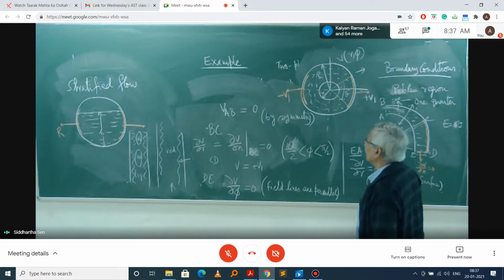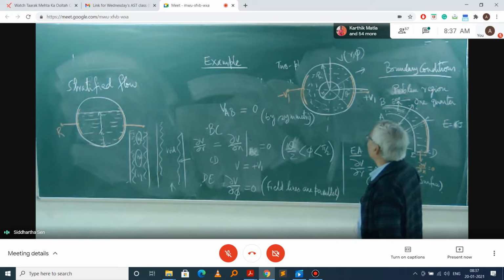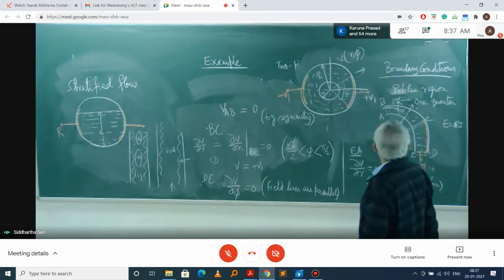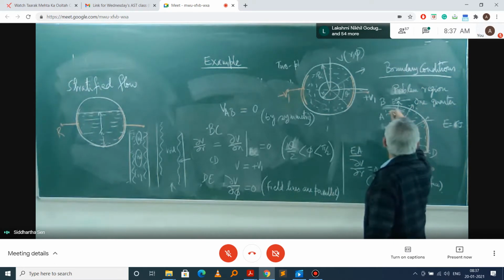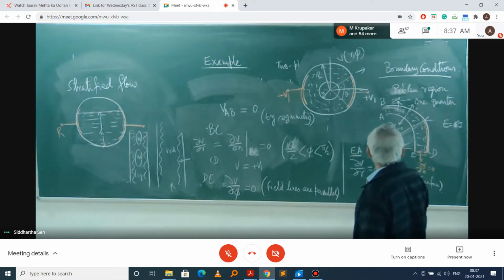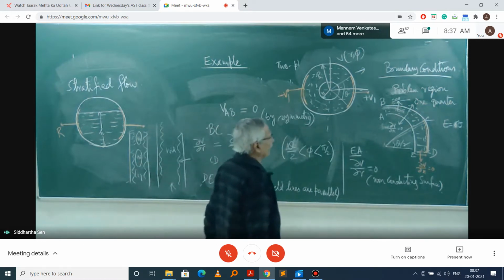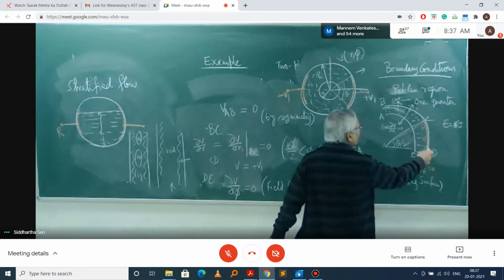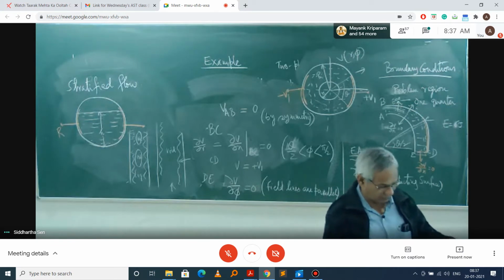So what we can find out is that you can have a unique solution of the Laplace equation. In this case, it is in terms of V of R and phi. So you can have a unique solution of the Laplace equation, and we can find the potential at all these points. From there, you can find the resistance, and the total current over this surface. We can do some integration for that.